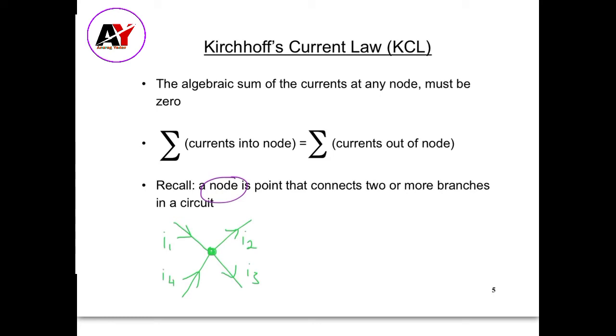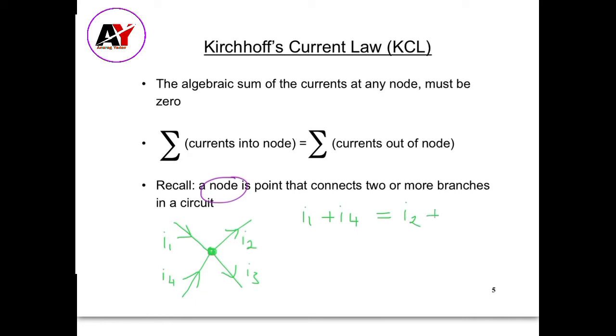Then we can either write the equation in this form, where we sum the currents into the node and equate that to the currents out of the node. So we would write I1 is flowing into the node plus I4, which is also flowing into the node, is equal to